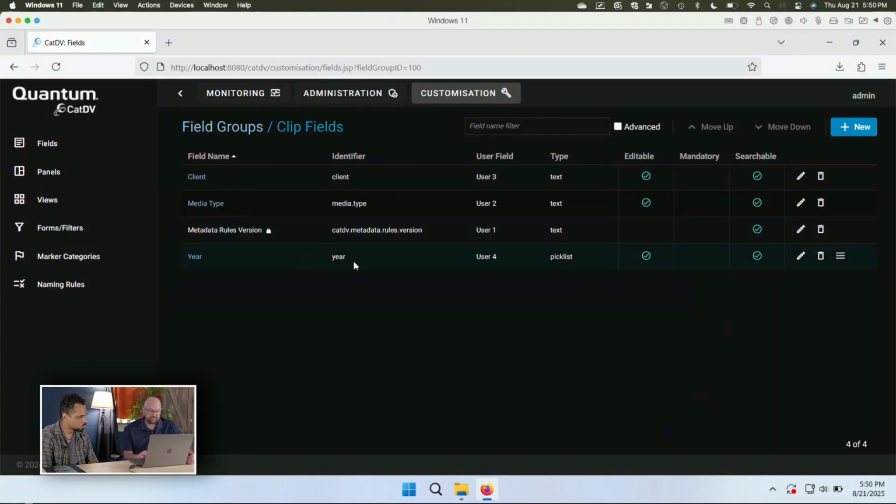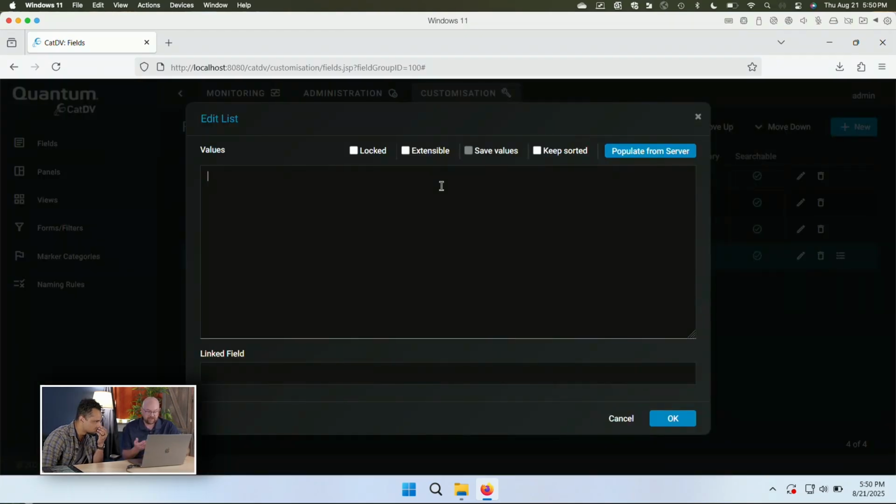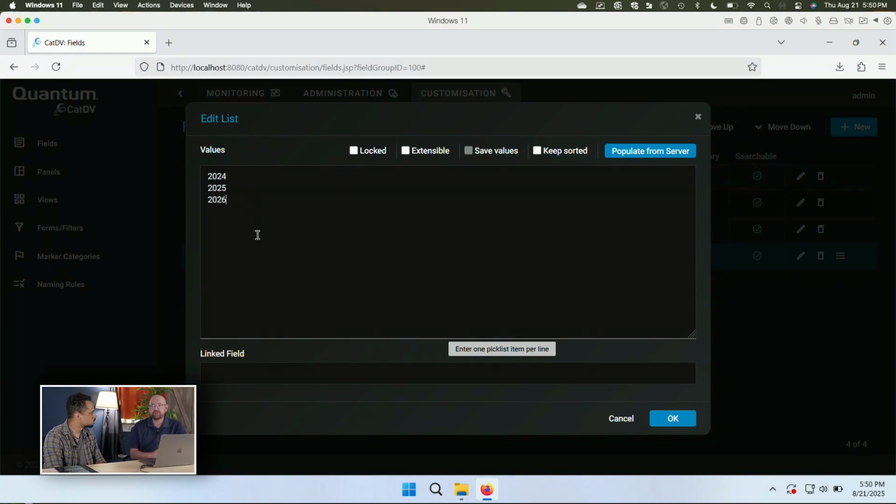So now to the right of this year one that I added, I have this little pick list option, and then I can come in here and type in information. So 2024, 2025, 2026. So this is a pick list, and this is a great way to control vocabulary. So client name, which I don't have that example here, but if you had a client name, you want it spelled right. So then you might be using a pick list for that. But you have a number then of options.